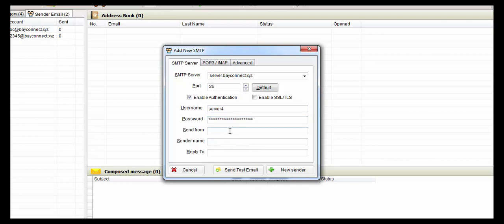Then the sender email, maybe Rajib at connect dot. Then sender name, just say Rajib. Then you can copy this and replace it here, reply to.